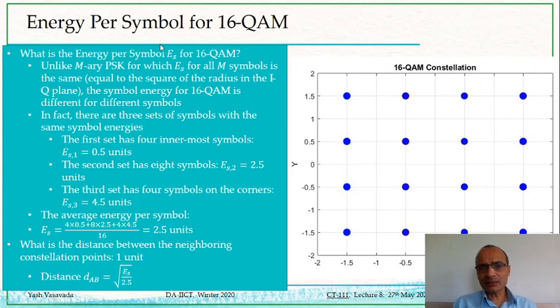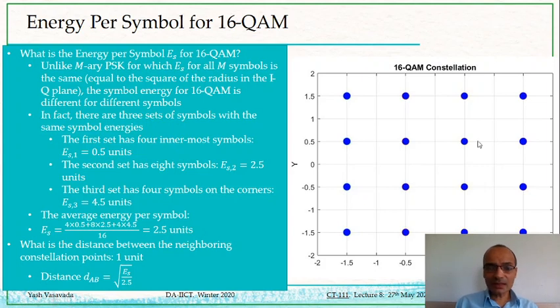So energy per symbol is very much a critical parameter of the system design that we should fully understand how to calculate. Earlier on, when we drew such a diagram for BPSK, we said that energy per symbol is always the squared length of the vector connecting a constellation point to the origin of the IQ plane. For BPSK, for QPSK, for 8PSK, even for M-ary PSK, regardless of the value of M, because all the symbols are located on a circle, energy per symbol is constant. And it's not a big deal to calculate what that energy is, you just need to square the radius.